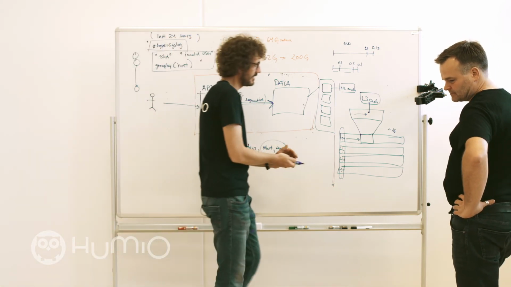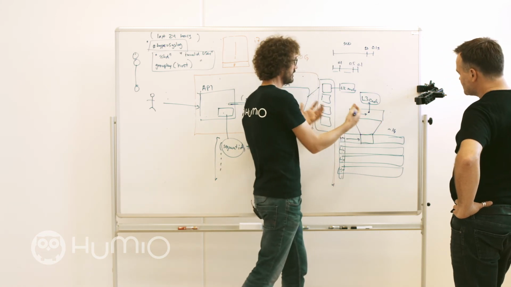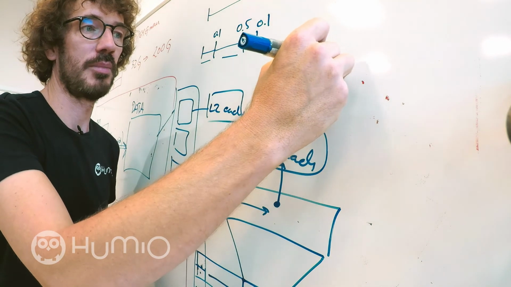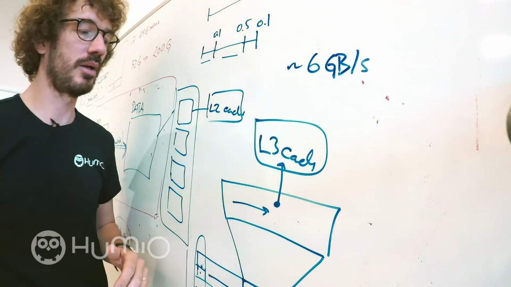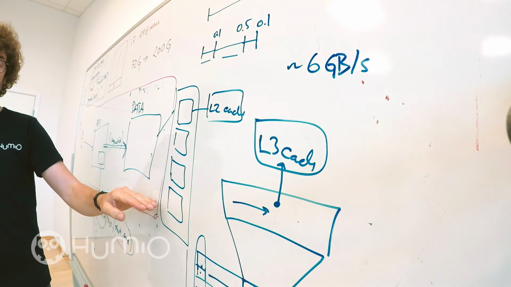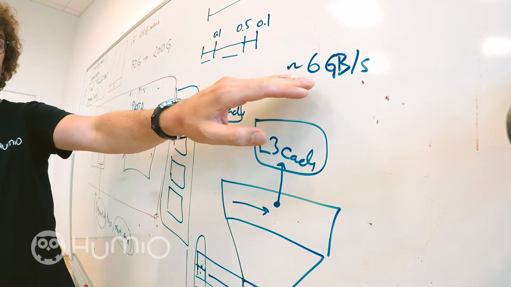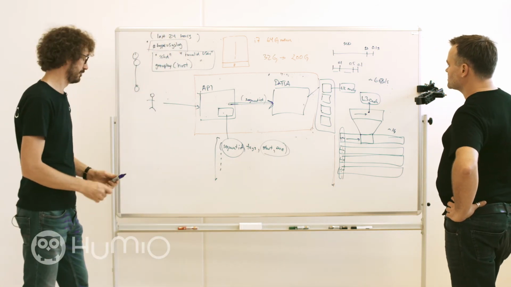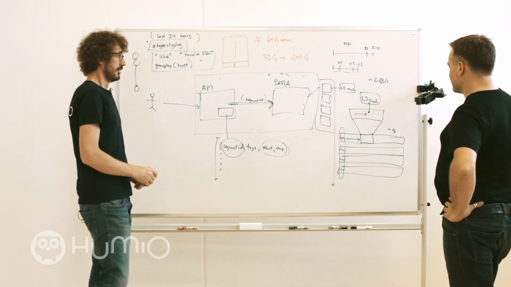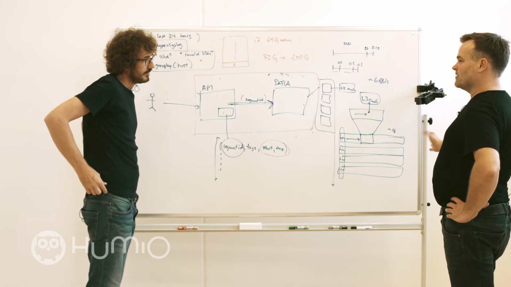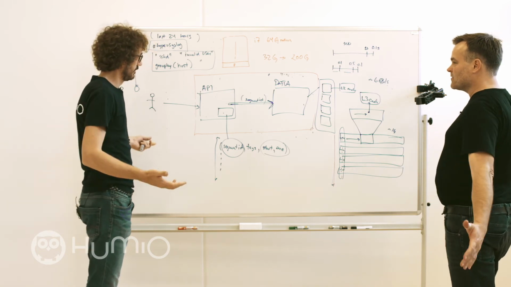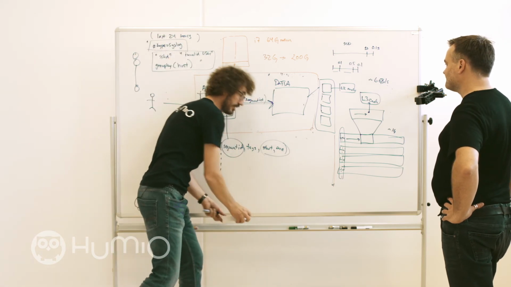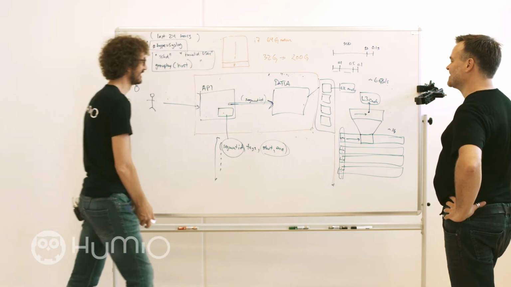What we see is that the scan rate is on the order of 6 gigabytes per second on a 4-core node like this. That's like 6 times the disk speed, which is still pretty good, right? Yeah, that's pretty awesome. And in the end, this could maybe even be further parallelized by going to multiple hosts. Yes, and of course that's the big new thing we've been working on the last